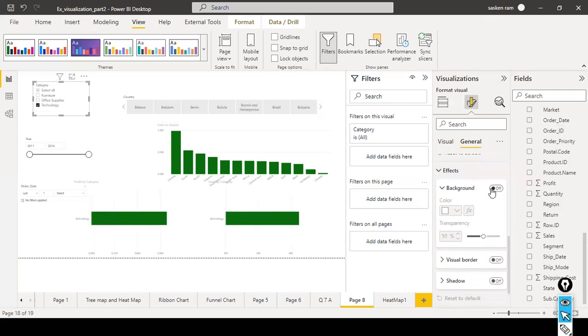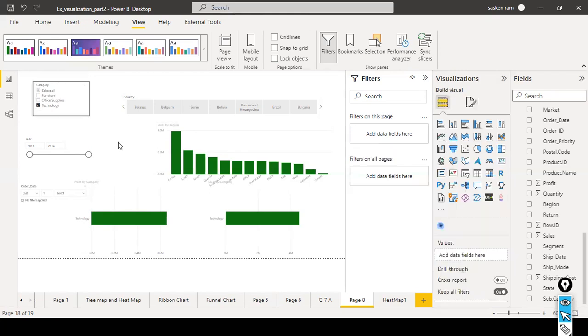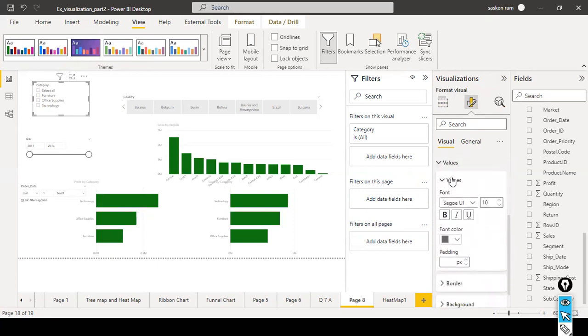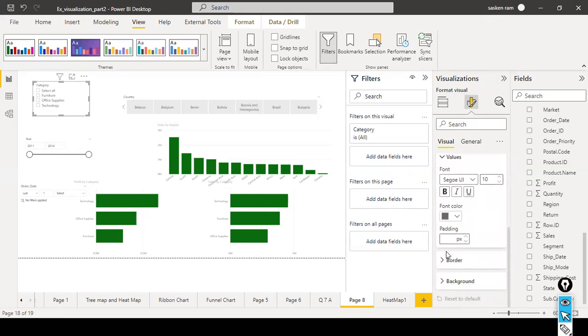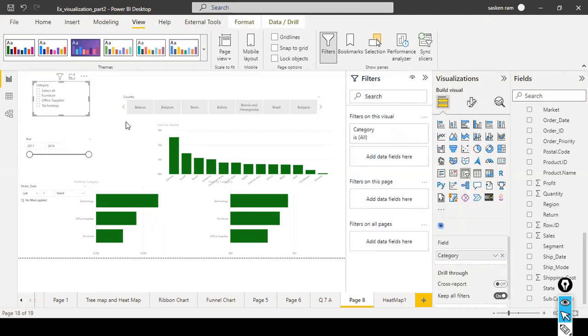And effects, background. If you want to give any effects, you can enable this background. You can give some color. Visual border on, you can give some border, like this. If you want, you can give it. And for example, here, the slicer settings, values, and border. In the case of border, if you slide this slightly towards the right side, it is not giving anything here. Once again,